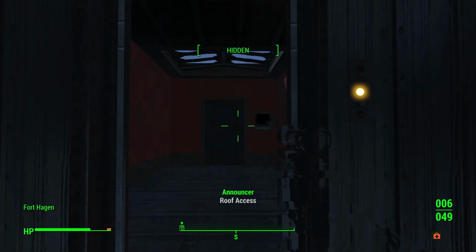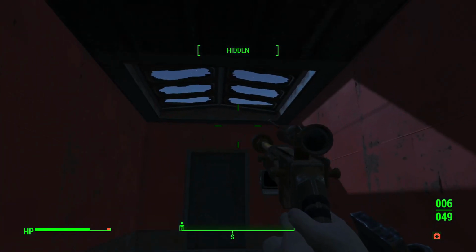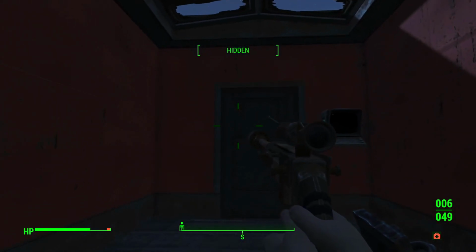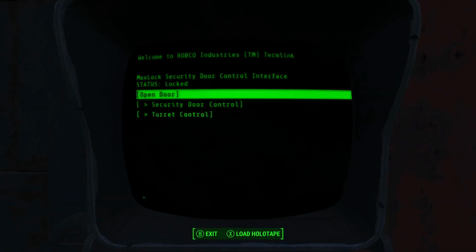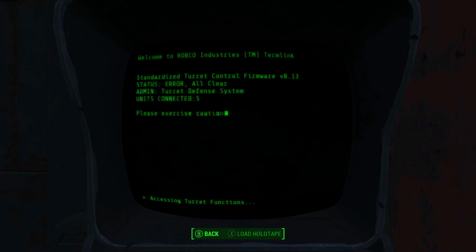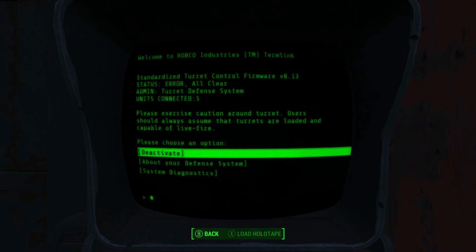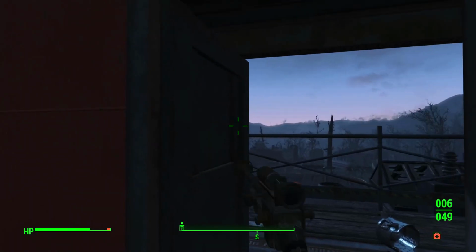Roof access. Now as we come back out to the roof, we have already taken out all of the turrets, so we don't have to worry about them. Also in this computer, we can actually disable the turrets if there were any still, which they should all be done, but it's never a bad idea to deactivate, just to make sure. And as we step out,